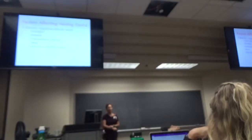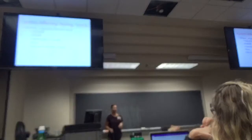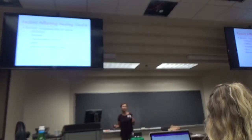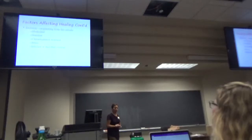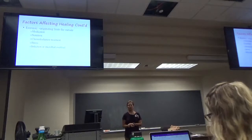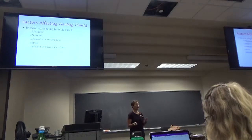So a lot of times, the radiation will take out a lot of structures in the general area. And the chemo just zaps everybody, takes out a lot of things in the bloodstream that we need for healing that it just tears apart. It also makes people just very tired, and so they're not up and around. So if they are frail and fragile and malnourished, then it can be enough to,